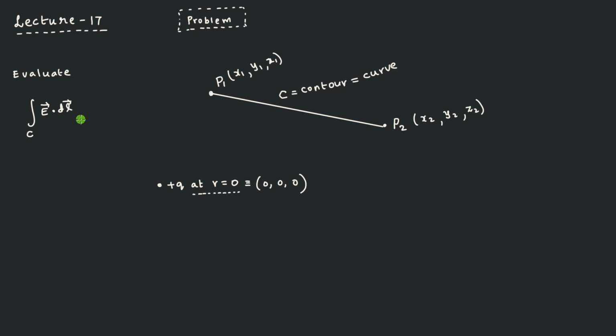So along this straight line, you have an arrow here because dl is there. So here you have a dl and C being the contour is given. That means C is the curve starting from P1 and ending at P2. And that's all. So this is the question. The question is: evaluate the integral over the contour C of E dot dl, where E is the electric field generated by a charge plus Q located at the origin, and C is given by a straight line joining the points P1 and P2 as shown in the figure. That's the question.